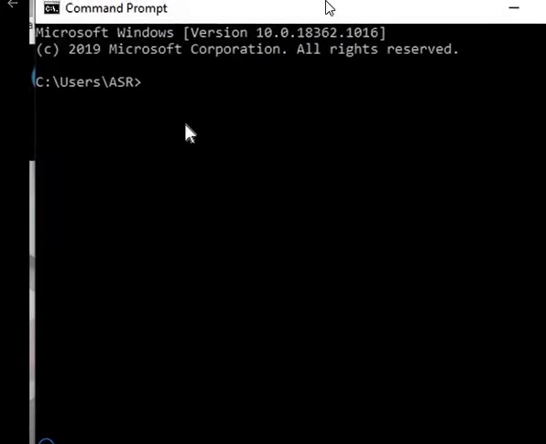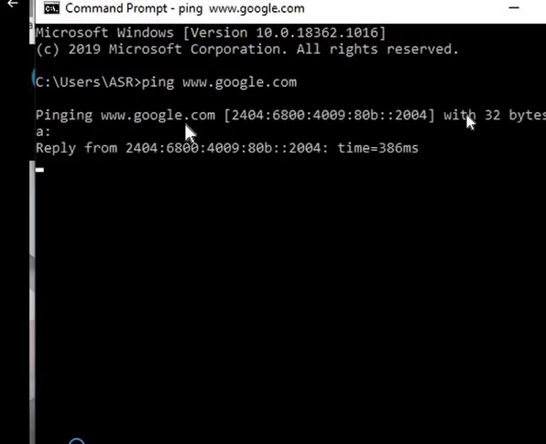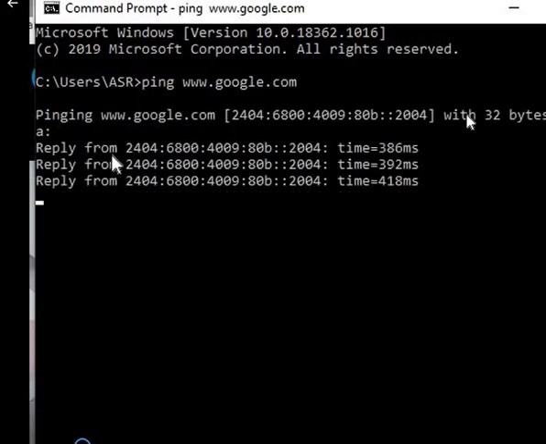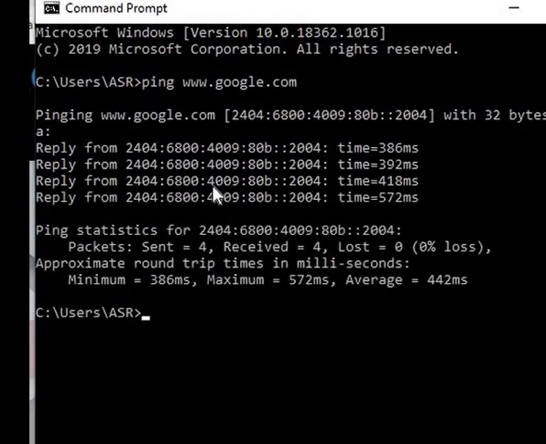Now in this tutorial we will see a practical implementation of the ping command. We have to open the command prompt and write ping, then the name of a website, like google.com. Now you can see that we are getting a reply, and we are also getting the address from which we are getting the reply.